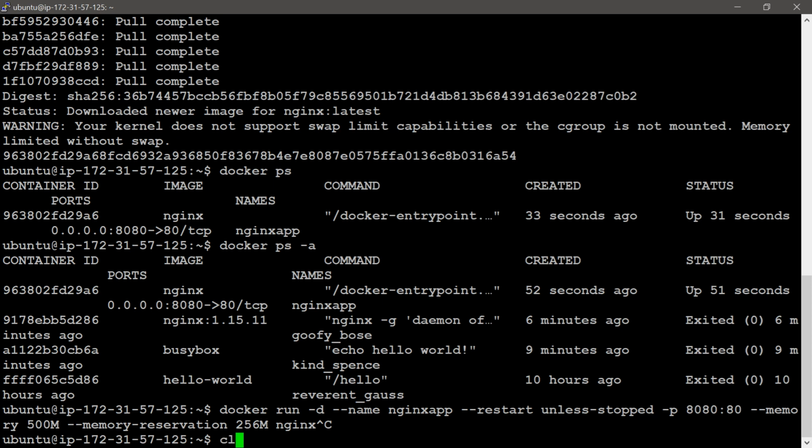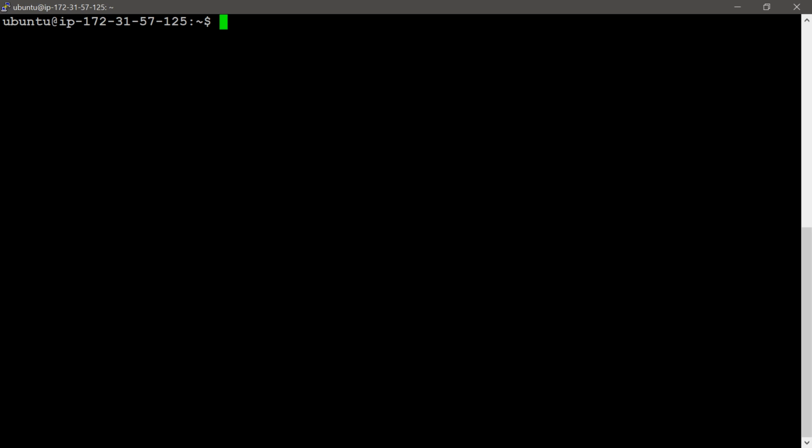Now I will show you how to stop the container manually. For this I am using docker container stop. I will provide the container name to stop the container. Container name in our case is nginx app. nginx app is stopped.